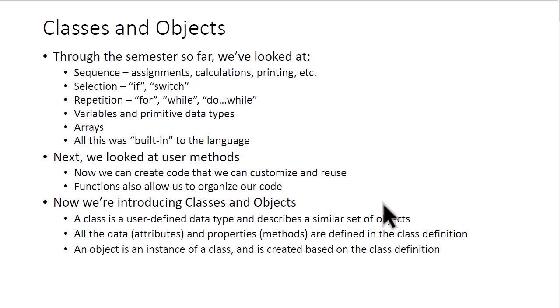And to an extent we looked at arrays, which are a little more than a primitive data type, but they still only hold one type of data, meaning an array of integers or an array of floats or an array of doubles or something like that. All the same. So now that we're going to get into classes and objects, we're going to look at how